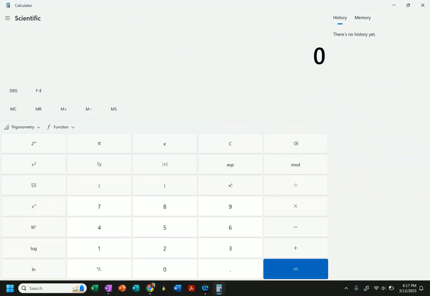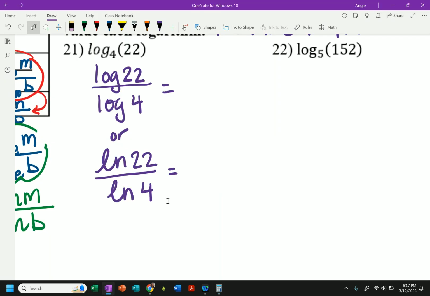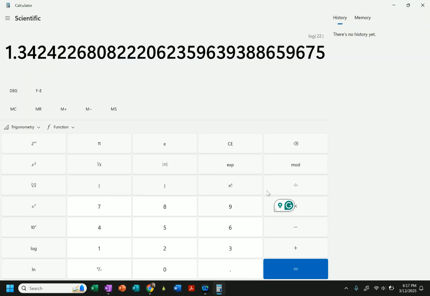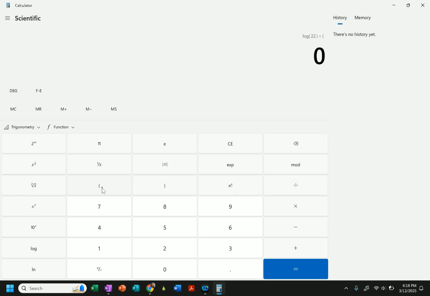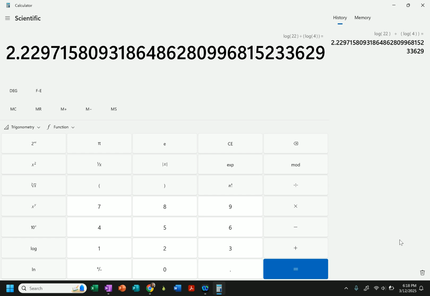This is a built-in calculator on my computer, okay? My calculator here says I need to press the numerical first, like 22 first, and then hit log. Then it will give me a decimal approximation, okay? Then once I have that, I'm going to press the division button and then log of 4. I'm going to do open parentheses just in case I mess up, then 4 first, and then log, and I'm going to close it, and then hit enter. So here is my decimal approximation,